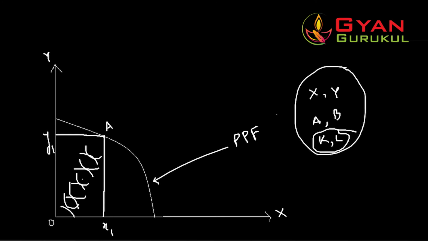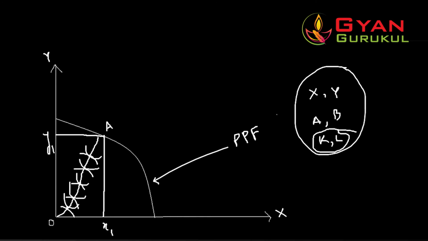All these curves meet at points where the two curves are tangent to each other, say at this point, this point, this point, or this point. When we join all these points, what do we get? We get a contract curve. At any point on the contract curve, it shows a particular amount of X and Y being consumed by one consumer, and a particular amount of X and Y being consumed by the other consumer. We have already studied this.